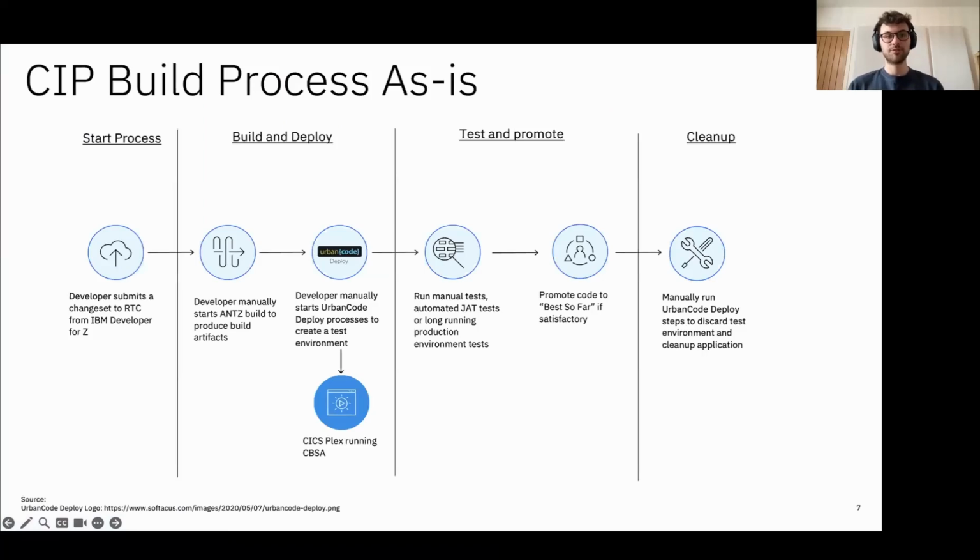So a quick overview of the as-is of the CIP build process. This is the build process that we used in developing the Bank of Hursley Park application. And I covered this in quite a lot of detail in my other session on CIP modernization and transformation. So I'm not going to go into too much detail here, but this was a process that was